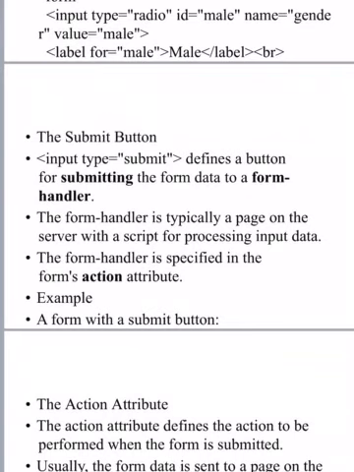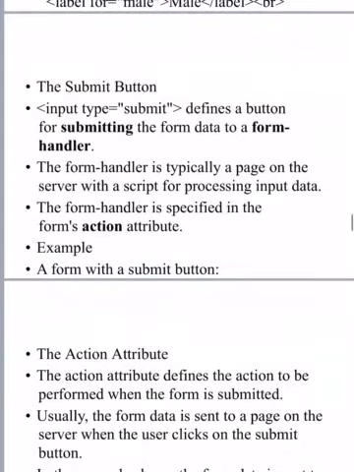Like if you open gmail.com and it shows username and password, we'll write the username there, then type the password and press login. When we press this login button, it goes to the server and checks the details of username and password. If both match, then only we'll get control and it will display the page. Similarly, here the type called submit is used to create a button.